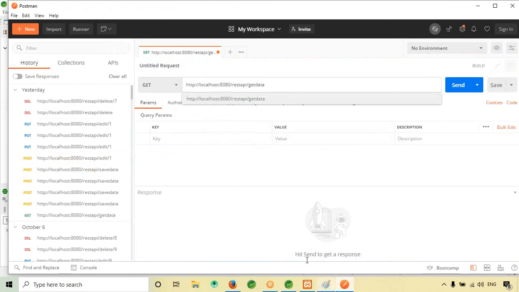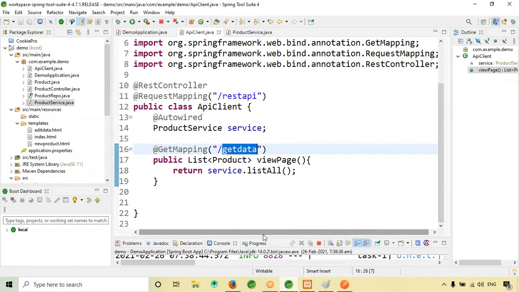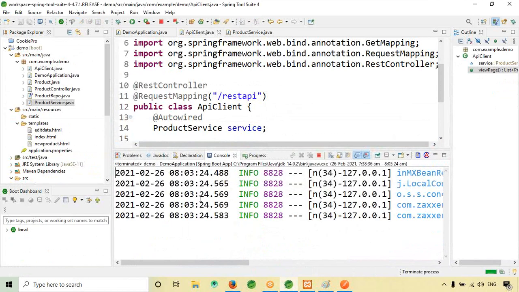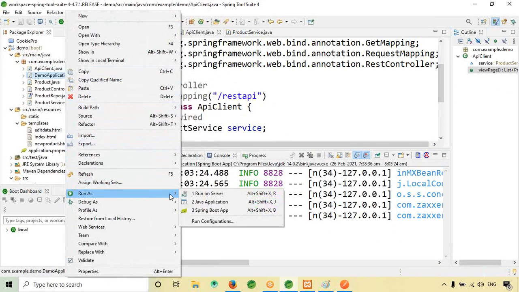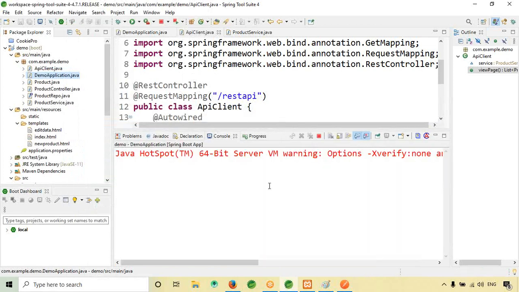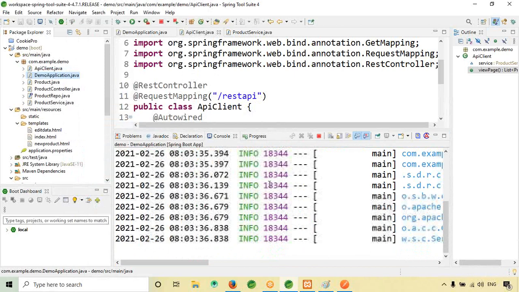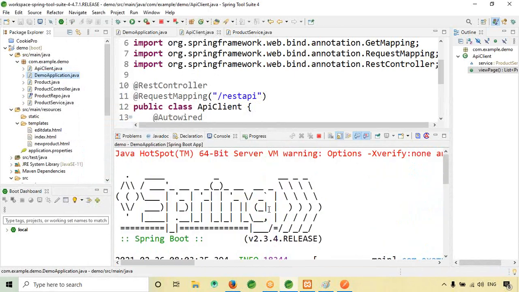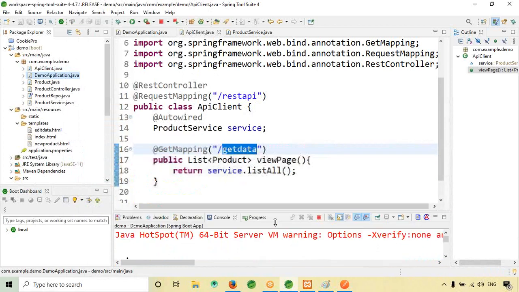Okay, is the server running or not? Let me stop and let me run. Okay, the server is running.